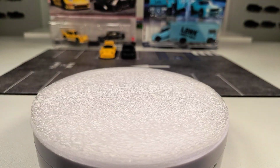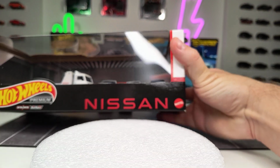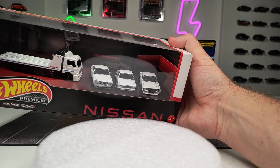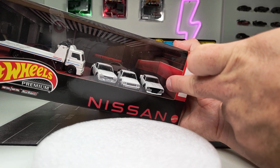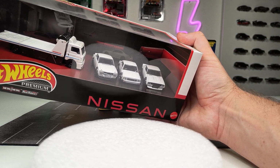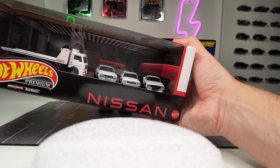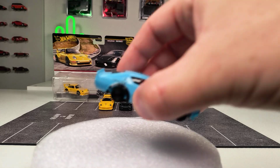Let's put this thing to the side. The first version was in this Nissan diorama set, as you can see right here. I don't have an open version still in the packaging. I only bought this set once. There it is. The debut version, by the way,